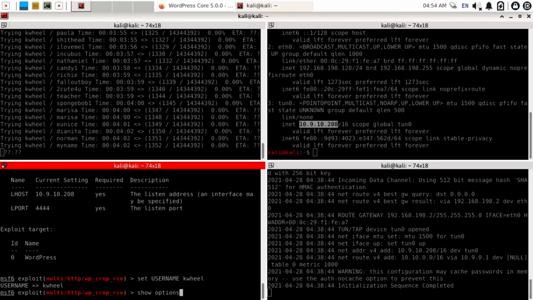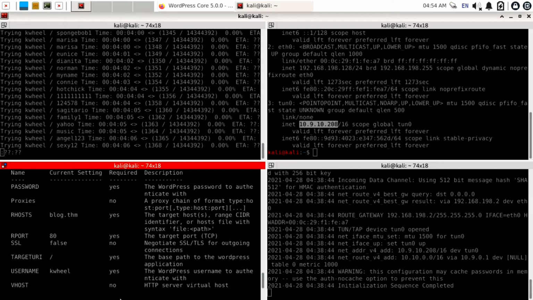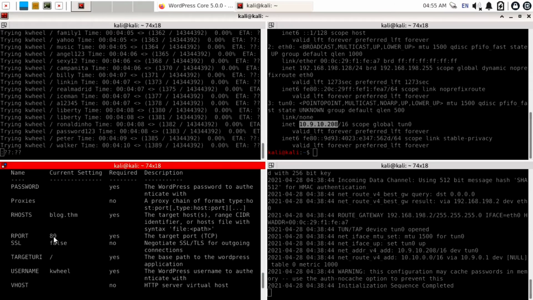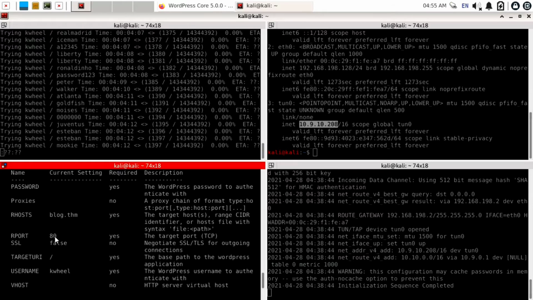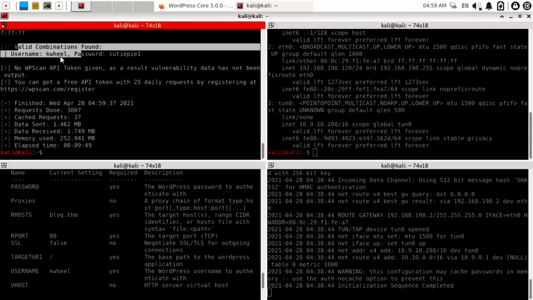Again use show options. Now we have nearly everything, only the password is remaining and we are currently brute forcing the password using WPScan. So wait until we capture the correct password. Here you can see our scanning is completed and there is one valid combination found. Username is kwheel and password is cutpie1.